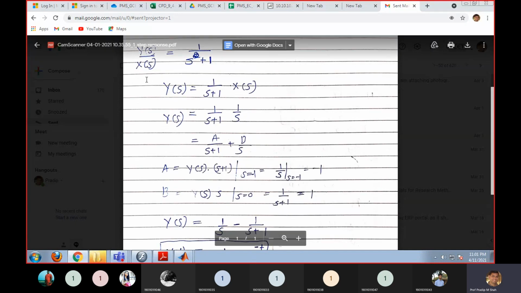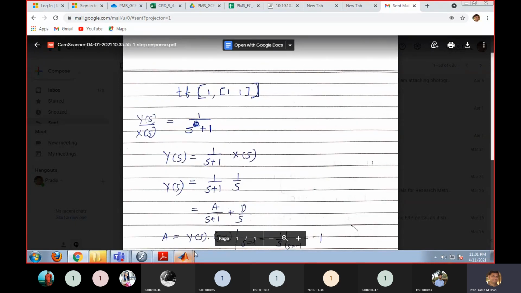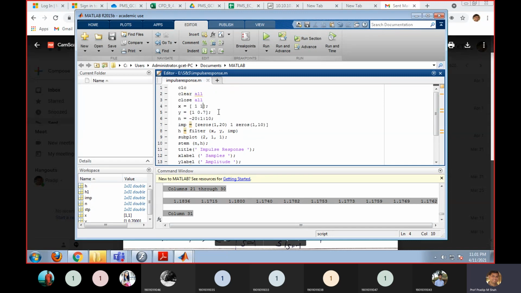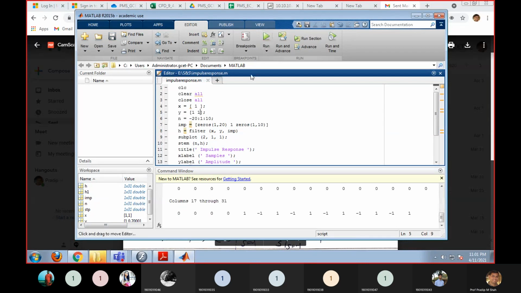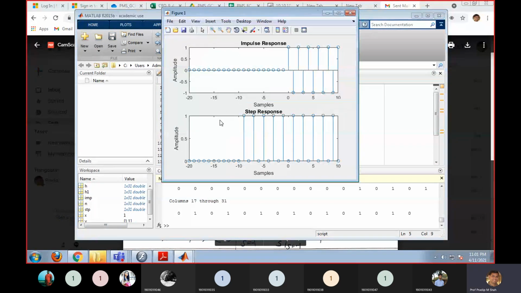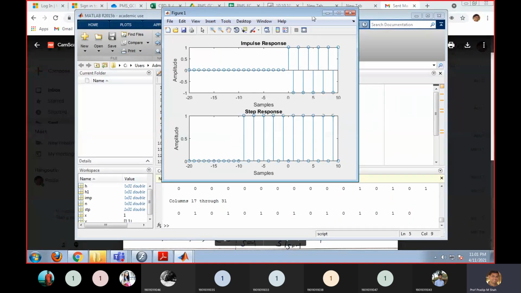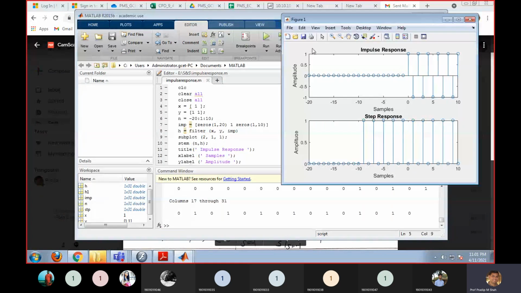अगर आप देखना चाहो यही सिस्टम अप्लाई करना है आपको 1 1. सो मैटलैब में आप ये भी अप्लाई कर सकते हो. लेट वी चेंज दिस. अगर हम ये चेंज कर देंगे आपके जो न्यूमरेटर डिनोमिनेटर कोएफिशिएंट है वो हम चेंज कर देंगे. आई यूज अ 1 एंड 1. ओके, मैंने सिस्टम्स को चेंज कर दिया. Okay, now you can see that this is your impulse and step response for the entered system.